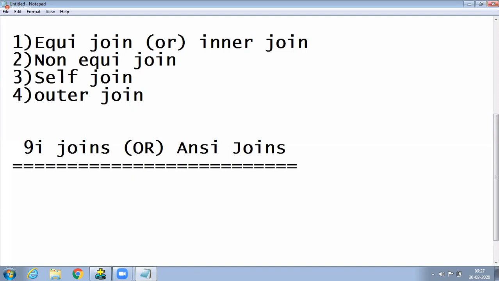Side heading: 9i joins or ANSI joins. This is right, 9i joins or ANSI joins.